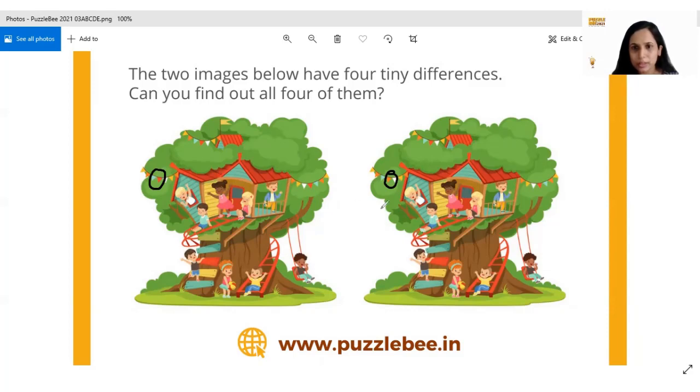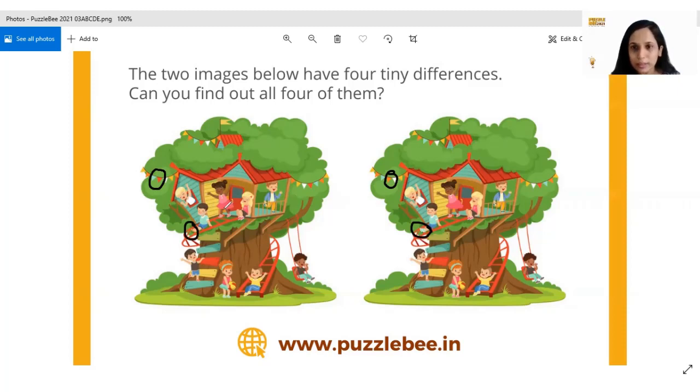He's got a white t-shirt, and I don't see any difference as such. Okay, he's not got any accessories. That's usually one place where changes can be there. Let's look at this boy. Light blue t-shirt, dark blue pant, light blue t-shirt, dark blue pant. Now here he does not have anything in his feet, but here he has, I don't know whether those are shoes or socks, but that is definitely one difference. Okay, so that's difference number 2.